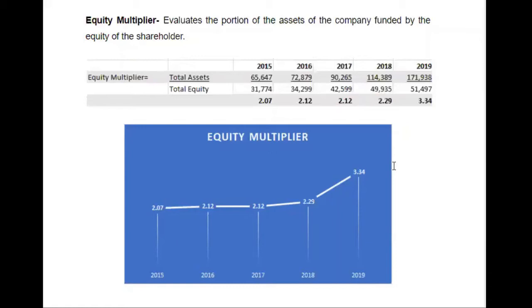There is an increasing trend which means that Jollibee Food Corporation has been relying more on debt financing. This does not automatically mean good or bad, as this must still be compared with the industry average. Conclusion: Jollibee uses a large amount of debt to finance its assets. That also implies more financial leverage for the company.